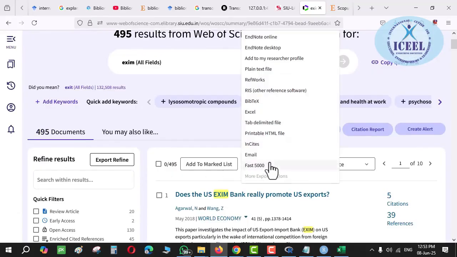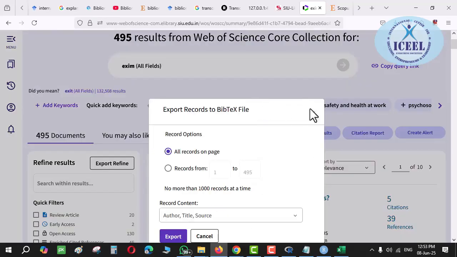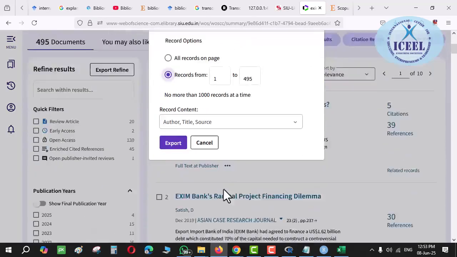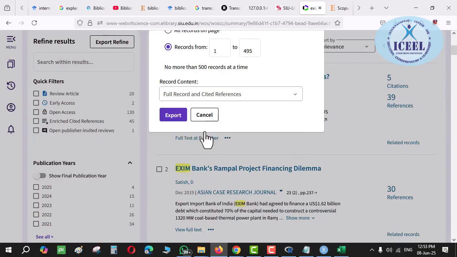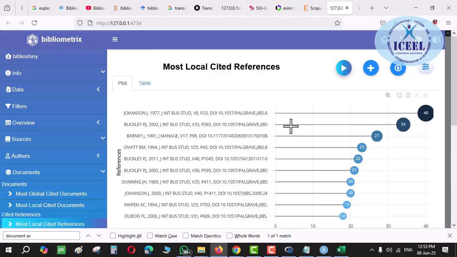When I want to export it, guys, from Web of Science, let's do it with BibTeX, let's take BibTeX. Here, what I used to say: don't use author, title and source. Use full record and citations, cited references. If you don't take this, guys, then you may be facing a problem over here in this field.